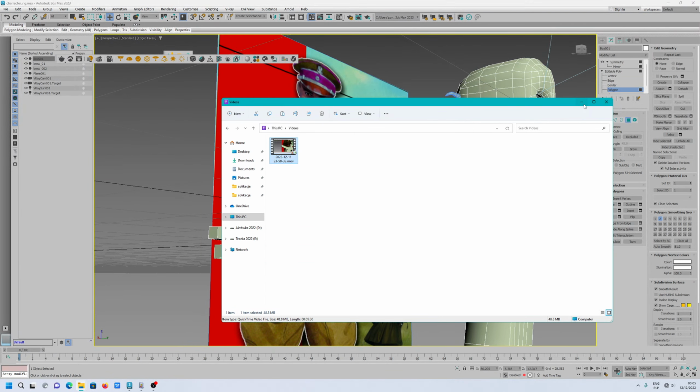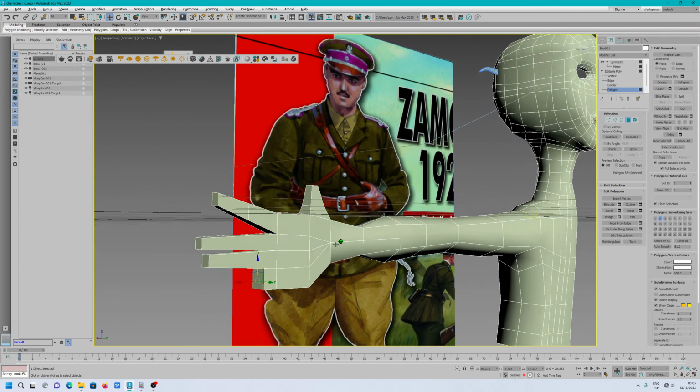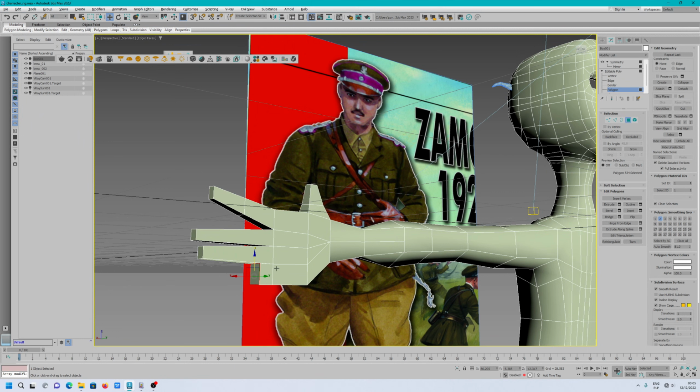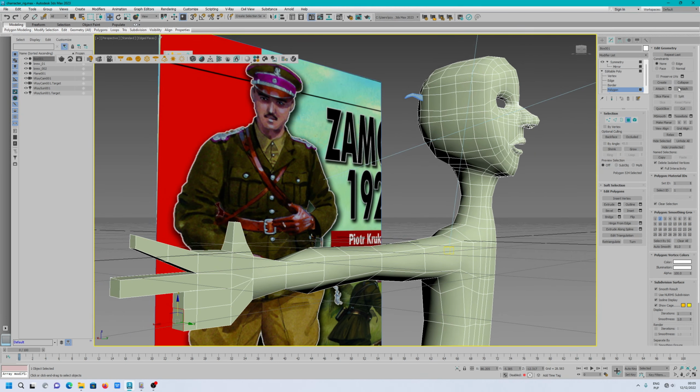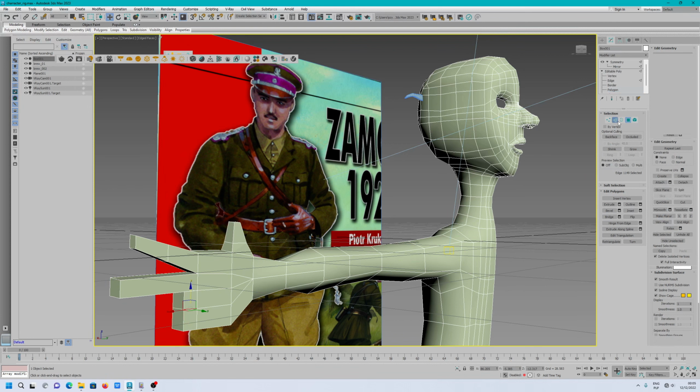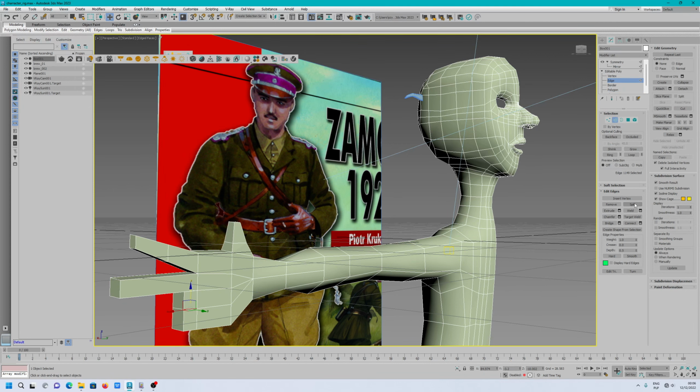Hello people, I wanted to talk about a very important tool. I have to revert changes because I want to discuss two different tools in 3ds Max when you work, because we have command detach and we have command split, but this will be visible only when you select edge